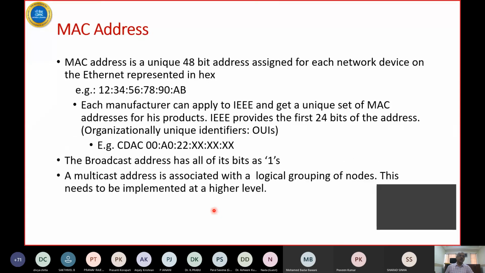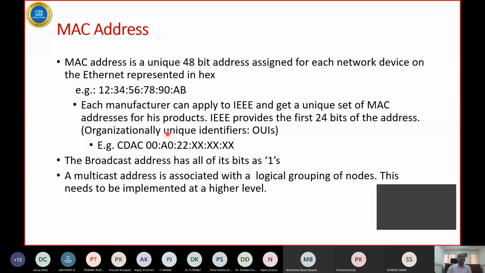Okay. This is another important thing with Ethernet. Every device in the world has to have a unique MAC address, and that MAC address is 48-bit. And there are some protocols, like ARP and RARP in TCP/IP, which work on MAC addresses for MAC address to TCP/IP address conversion. So this contains 24 bits which are unique to a manufacturer, and the next 24 bits are assigned by the manufacturer.